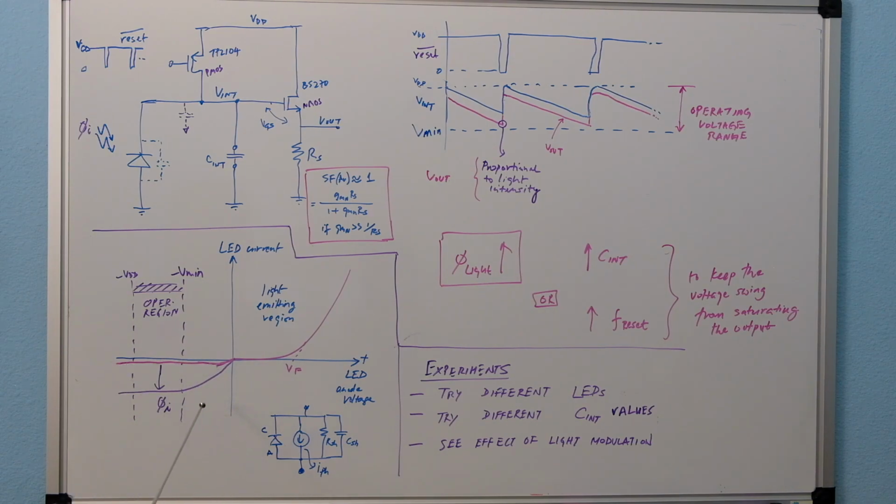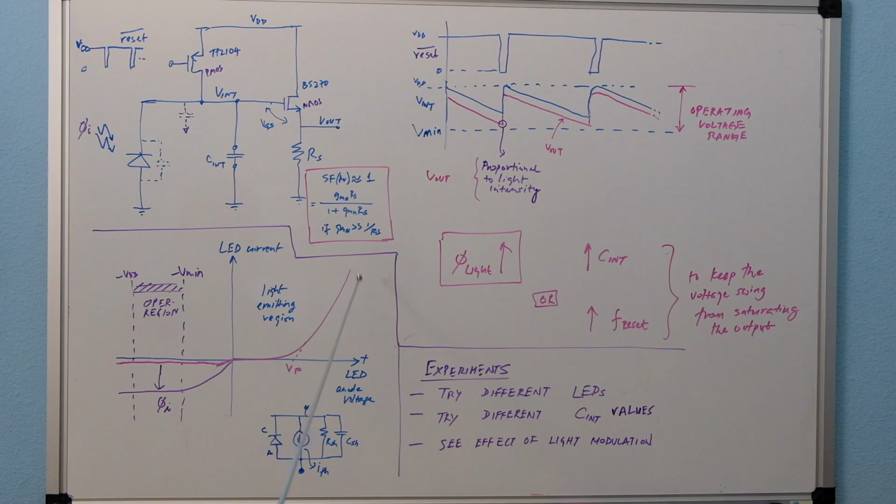I'm going to talk a little bit about an LED and how it works, and then we'll talk about the circuit that can be used to detect the current that comes out of it when incident light hits it, and a few other things about the waveforms in this particular circuit. So the first thing is the LED itself. It's basically a diode kind of device. When it's operating as an LED transmitter, generating light,